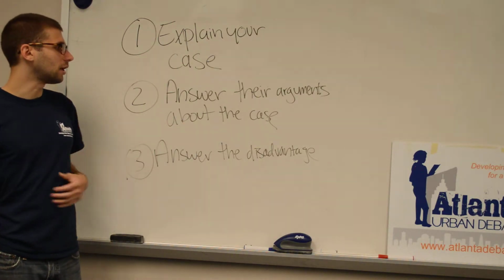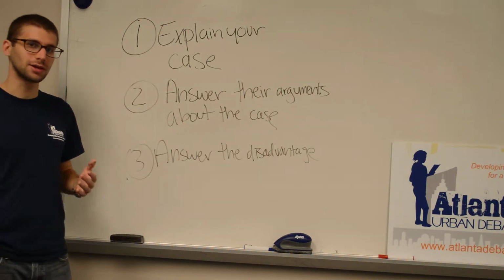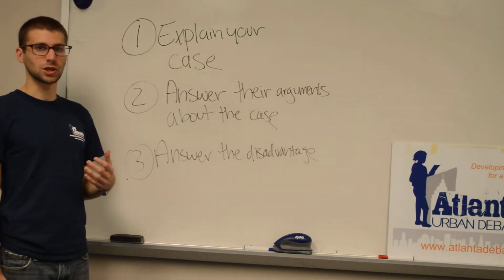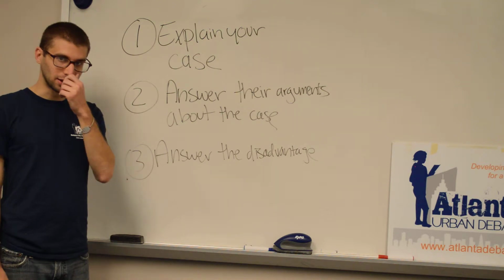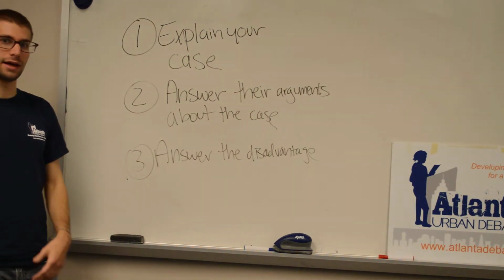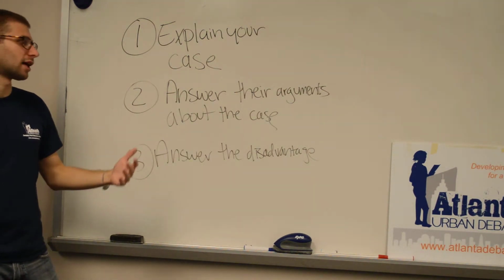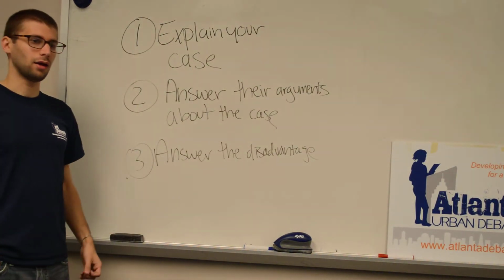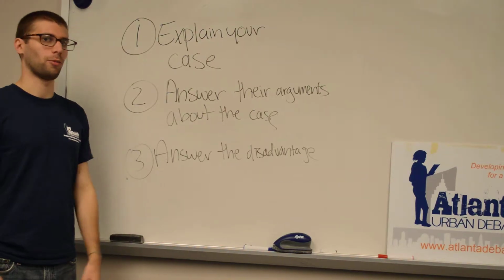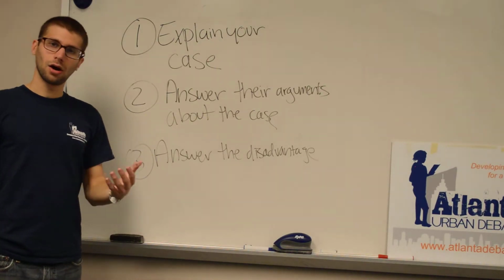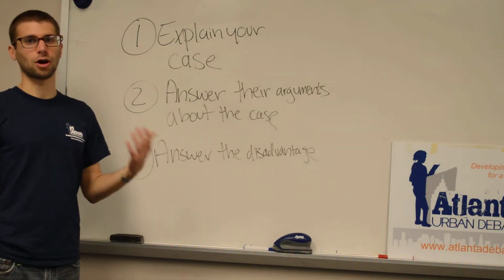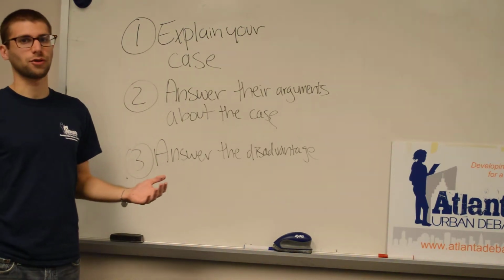The second priority is to answer the arguments that the 1NC made about your case. So if the 1NC is good, they'll have a variety of arguments about why what you said in the 1AC wasn't true, or wasn't as true at least as you said it was. So if in the 1AC you said that offshore wind would stop global warming, the 1NC might say, okay, well that might be true in America, but what about Chinese carbon dioxide emissions? What would offshore wind do about those?